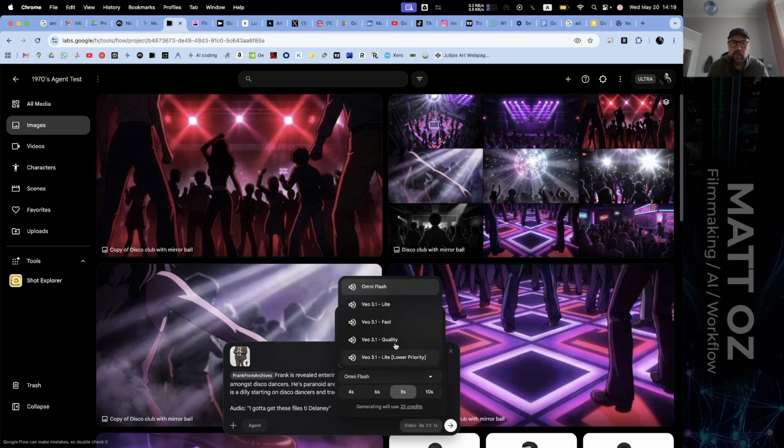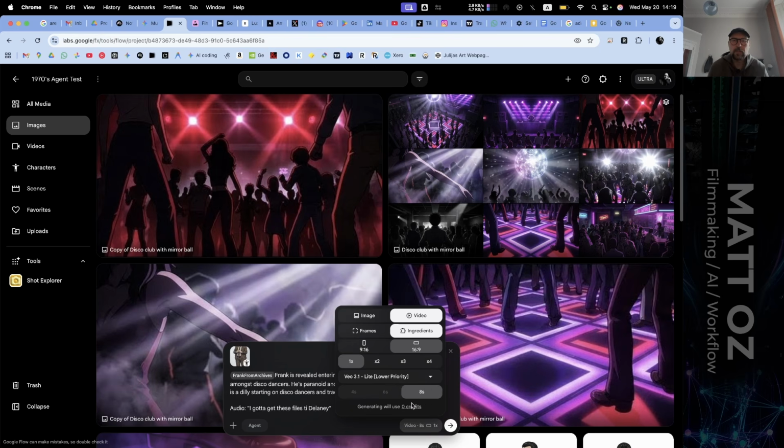We'll start with our light low priority, cost 0 credits. What I like about having a 0 credit option, light low priority, is that the render you're going to get is going to be crap, but it's a first look, call it a pre-visualization of, is the shot looking right? Is it more or less doing what you want it to do?